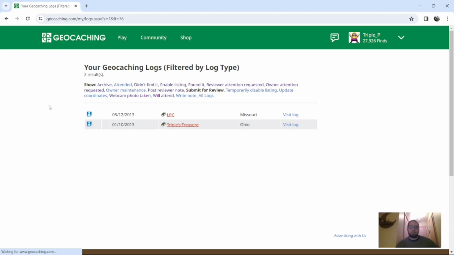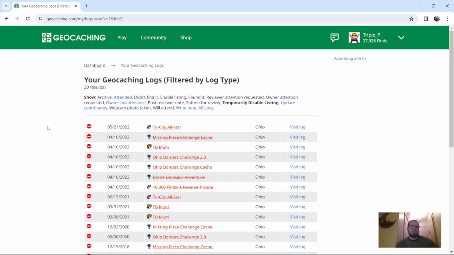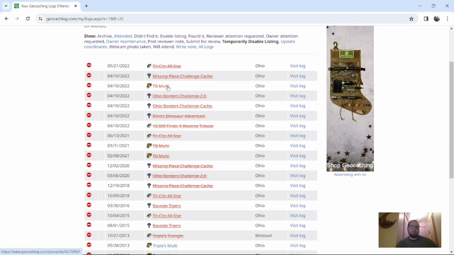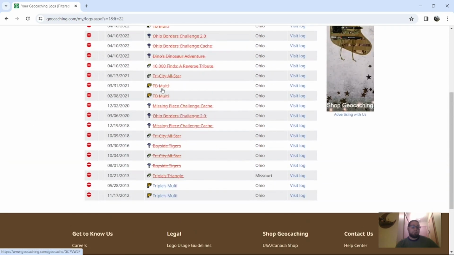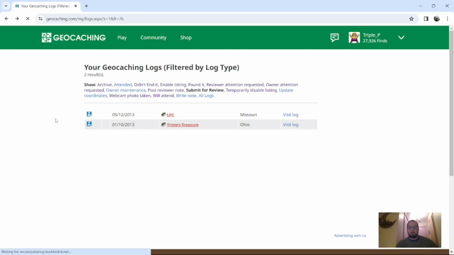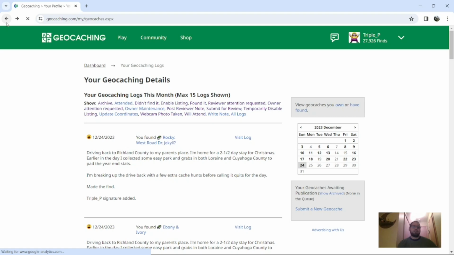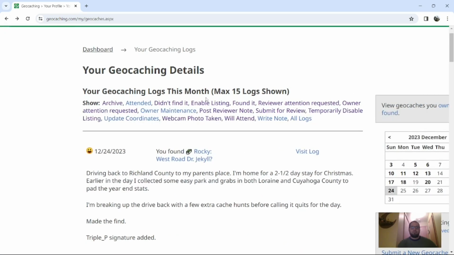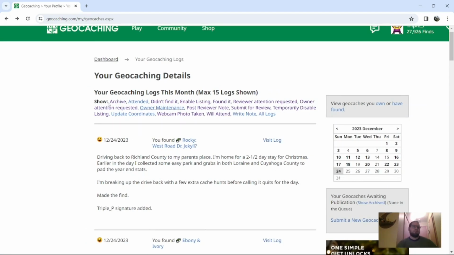Again, I submitted this for review. They never got published. Temporarily disabled listings. Here they are, all my caches when they were temporarily disabled. Again, a red line through it means archived. But there's so much in here that a lot of times you can find what you're looking for right here